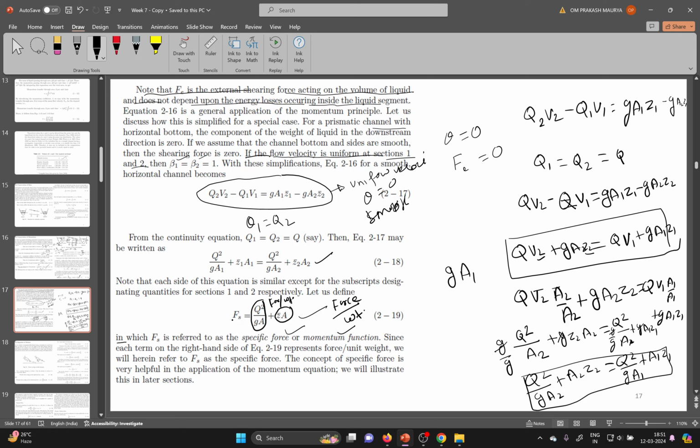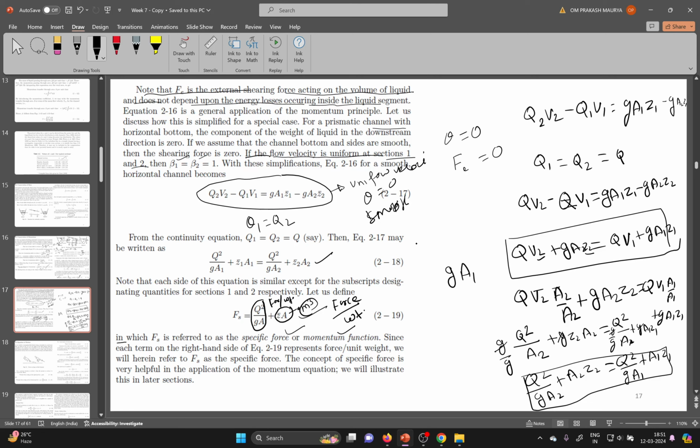Why we call this the specific force? Because this has the unit of volume. You just see the meter cube. But why we say this term is the force? Because it represents the force per unit weight. That is how much force per unit of water flow, per unit weight. So meter cube is,